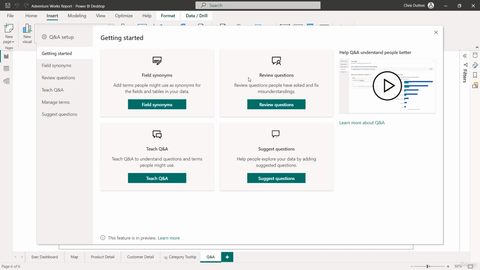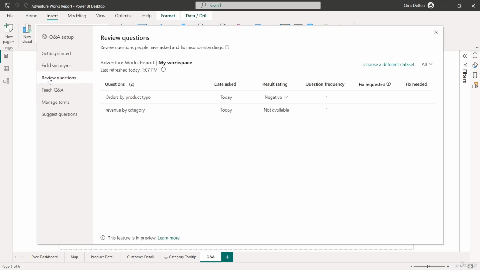Now, another feature I want to show you in here is the review questions option. And again, this is only relevant if we've published the report to service, but this is where we can see actual questions that users asked. We can also see if they gave the results a thumbs up or thumbs down rating, and we can see through these underlines how well Power BI was able to